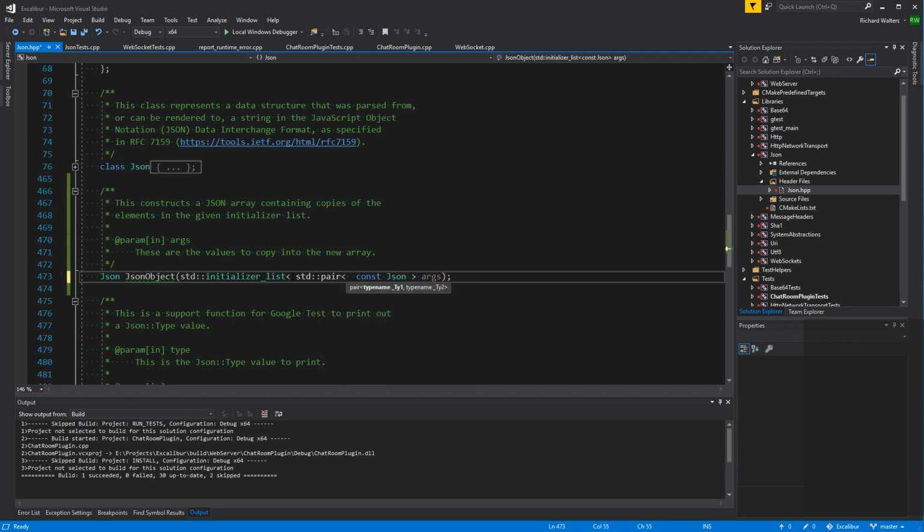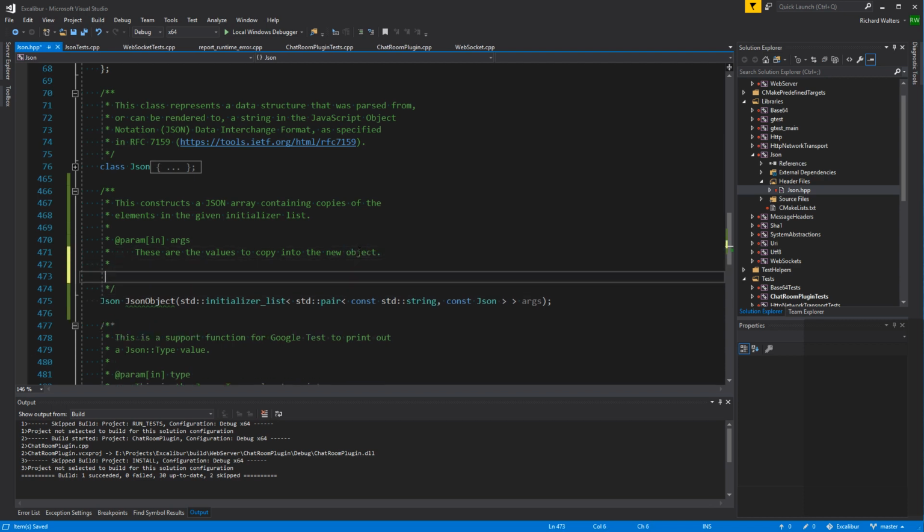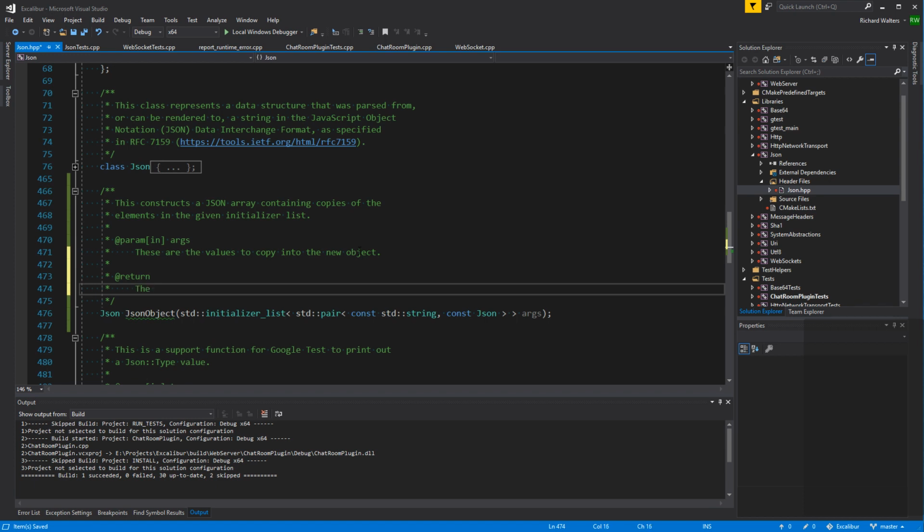Pair of those. And is const what we want? I suppose so. To the new object. And it's not parameters, what am I thinking? Return the newly constructed JSON object is returned.